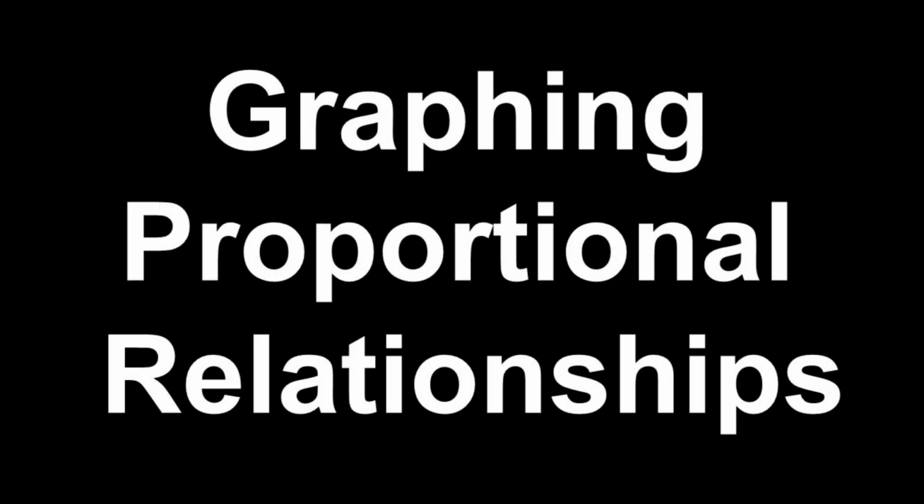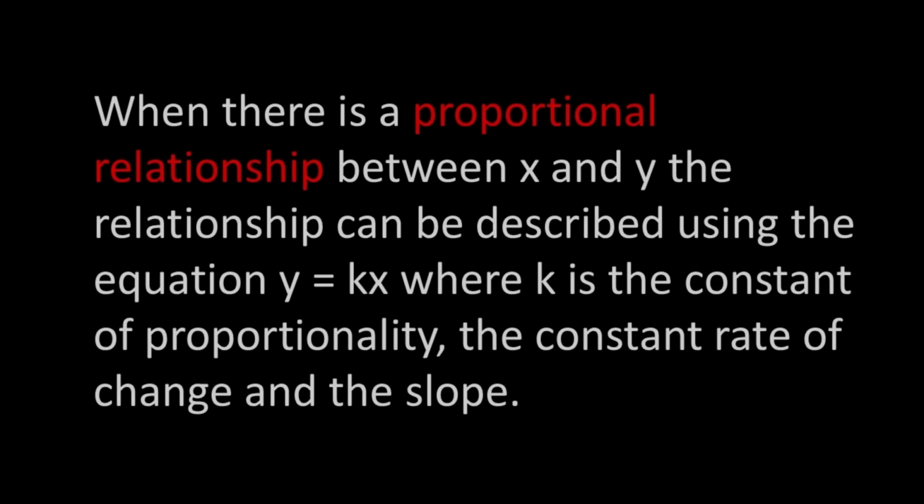In this video, we will be graphing proportional relationships from a given equation. We will only be working on proportional relationships in this video, so all of the equations we will graph will be in the form y equals kx, where k is the constant of proportionality. When you have an equation in this form, k is also your slope. We will be creating tables with ordered pairs to graph our equations, and we'll use slope to graph equations in